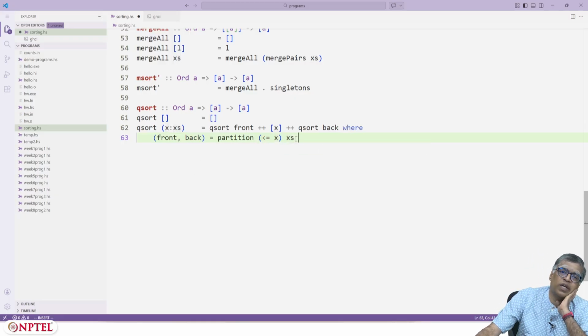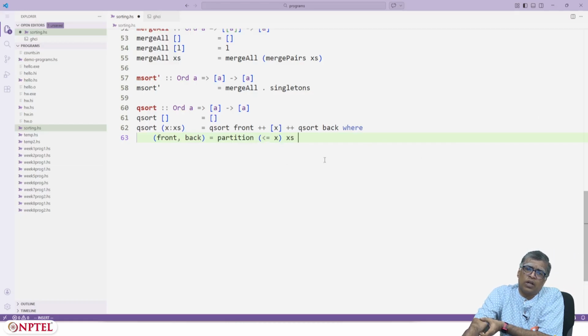Partition the list xs based on whether the elements are less than or equal to x or greater than x. You are partitioning the list xs, not the list x colon xs, so you have to add the singleton x back again. So let's check how this works.